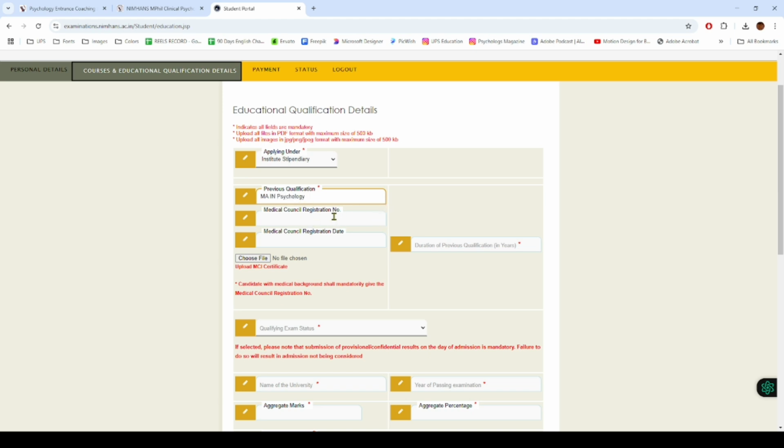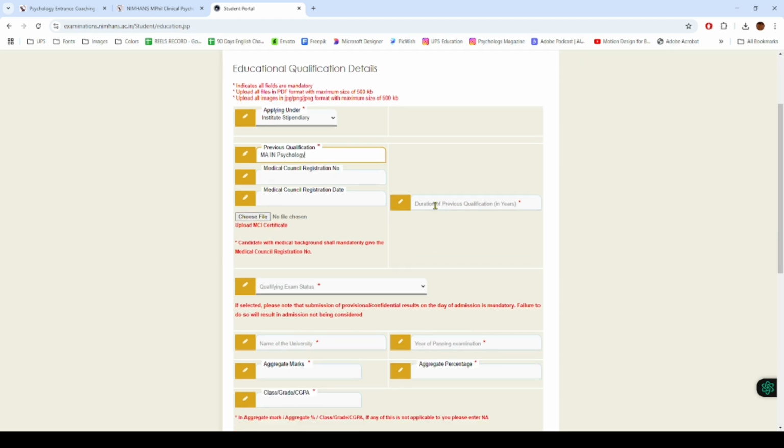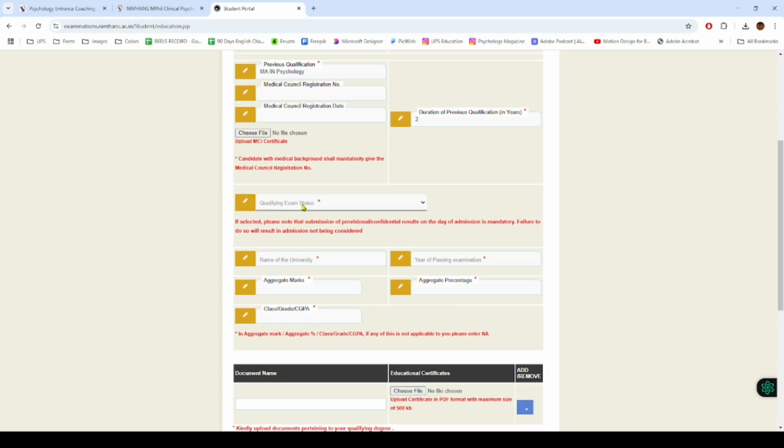MCI certificate registration number, registration date is not at all compulsory, so do not get confused or worry about this. You can skip this. Next is duration of previous qualification. So duration of your masters, so you'll enter 2. If someone having masters from abroad, they'll enter 1. Someone having integrated course like BA plus MA, then they'll enter the duration accordingly, and then move to the next